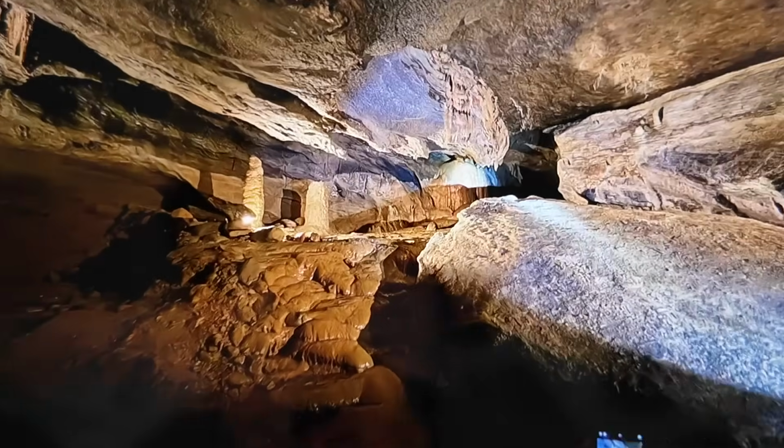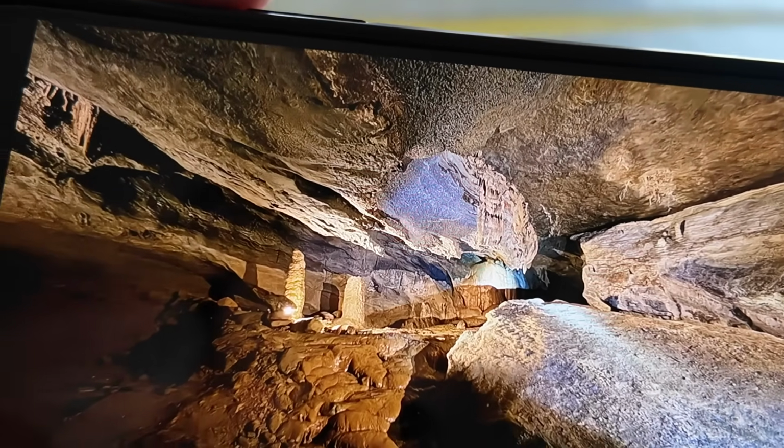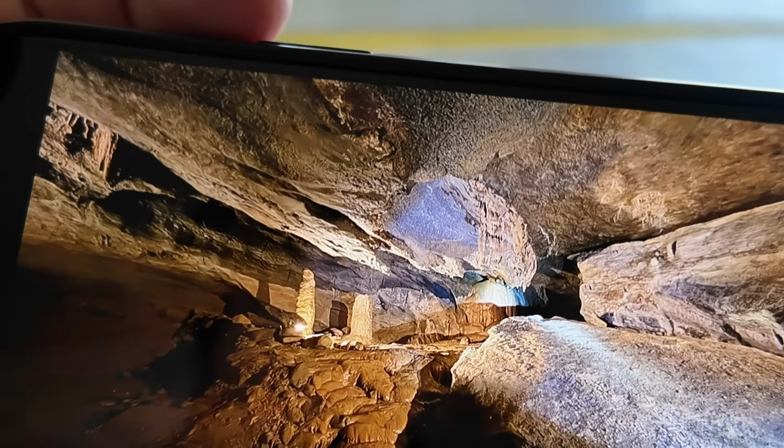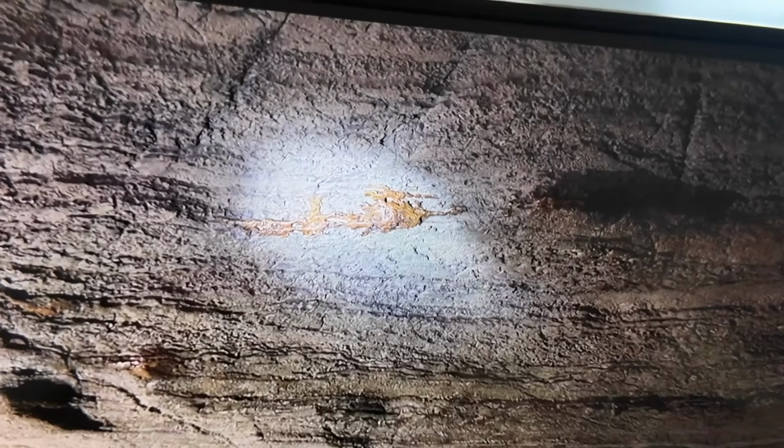This giant cavern was used by the Native Americans. They found arrowheads and relics inside the cave right here in this cavern that I will show you when I go back into the gift shop. It's on display. And that right there, folks,